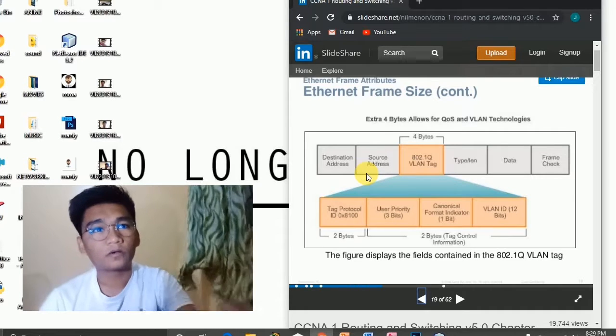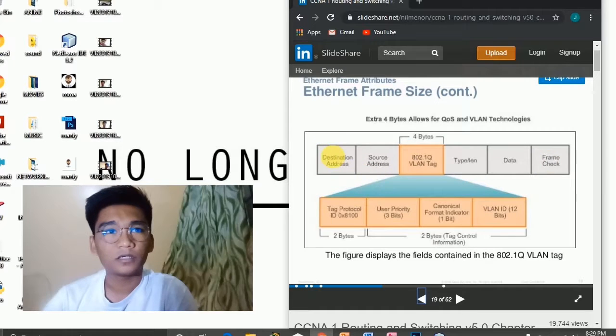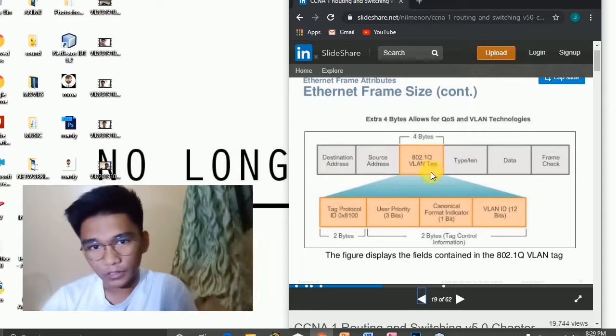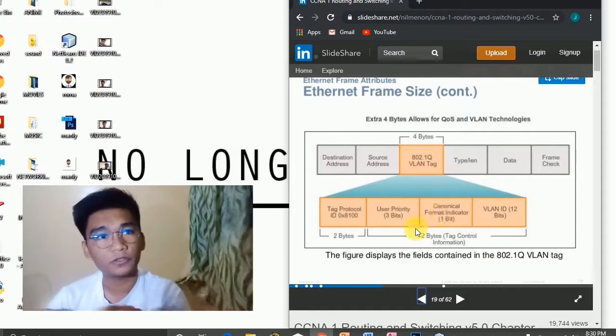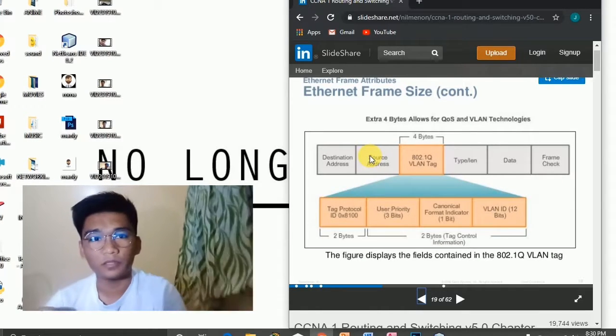So this is the Ethernet frame, IEEE 802.3. There are 7 parts here, as I have said earlier: the preamble, start of frame, destination, source, length, header and data, and frame check sequence. The preamble and start frame delimiter fields